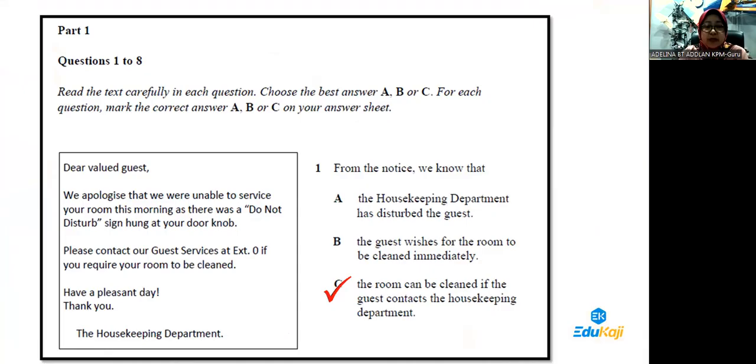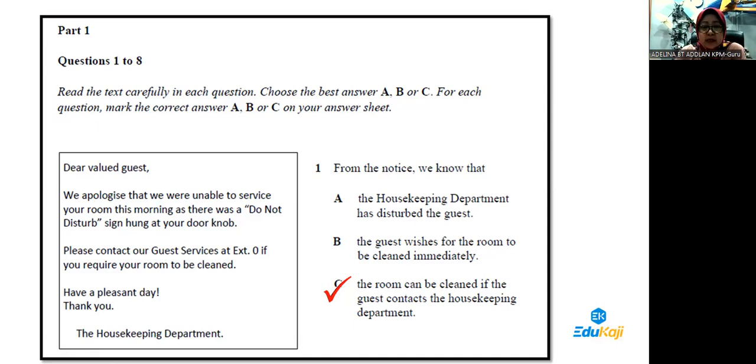Now in part one, there are altogether 8 questions, and they start off with three multiple choice answers. As we go on to the next part, you can see that the length of the text is longer and a little bit harder compared to the first part. Now for question number one,